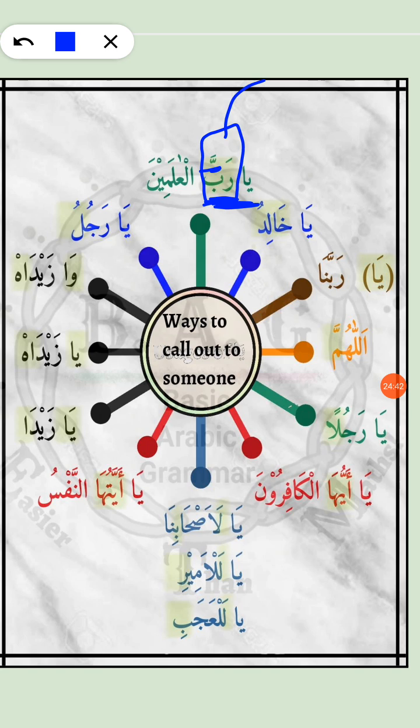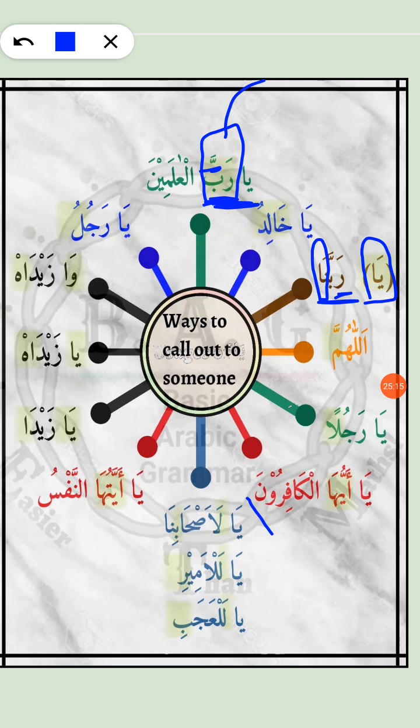Okay, and you can observe this thing here as well. Ya Rabbana. Okay, and this Rabba is nasab and na is our pronoun. Okay, and of course this ya often gets omitted very conveniently. That's the reason you often see Rabbana instead of Ya Rabbana. Okay, now the second last thing is that